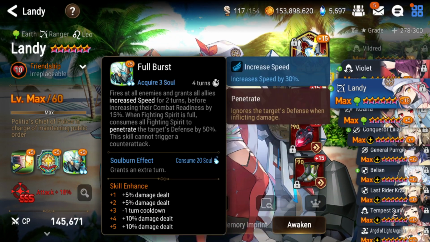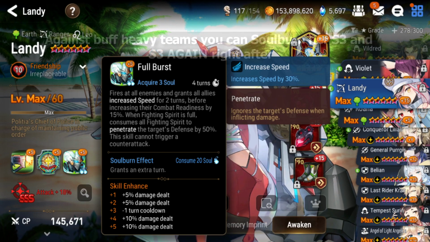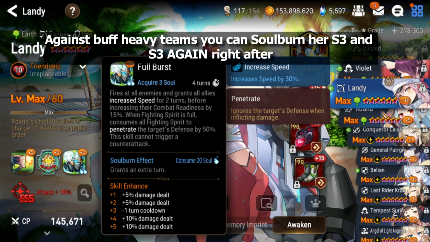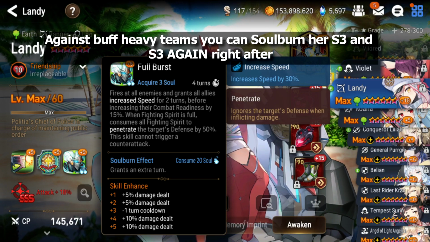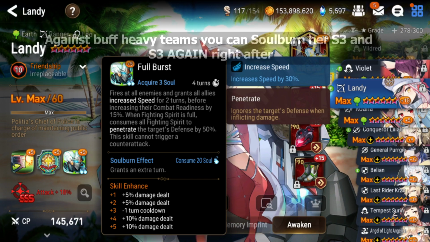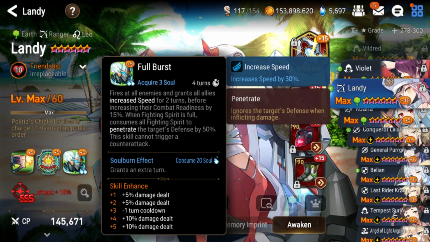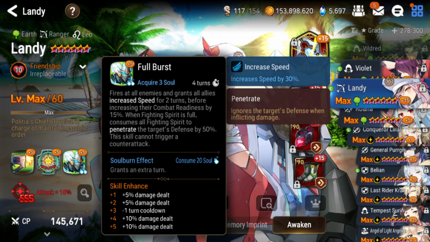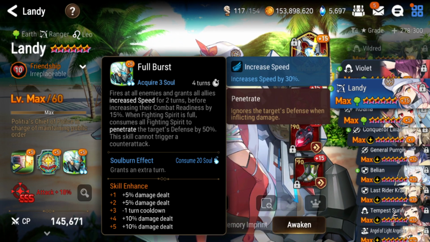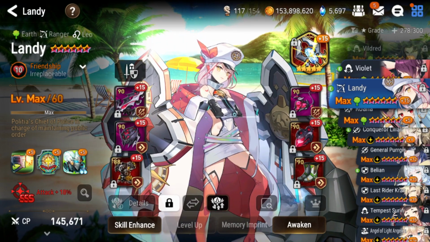Now I was talking about her soul burn. Why is this really good? So if you're against a Maid Chloe team and you have immunity buffs up, and Maid Chloe already went and has both the attack buff and the revive buff on her team, you can soul burn her S3 and get 2 full bursts, or not full bursts, that's the name of her skill, full Fighting Spirit S3 attacks off, which will penetrate defense by 50% on both hits, and also CR push your entire team by 30%, so very, very strong. This makes her very strong to buff heavy teams, and even against teams with not that many buffs,